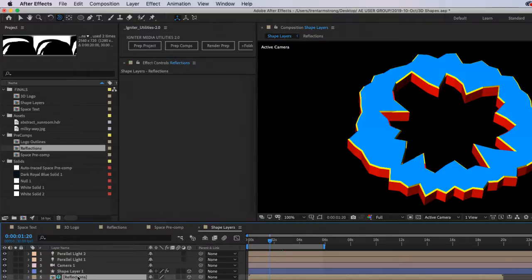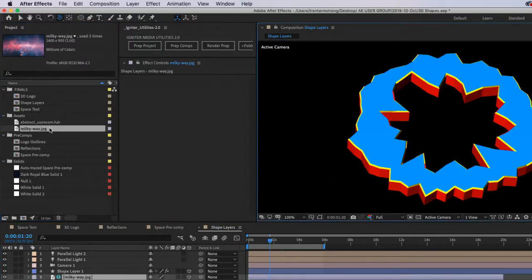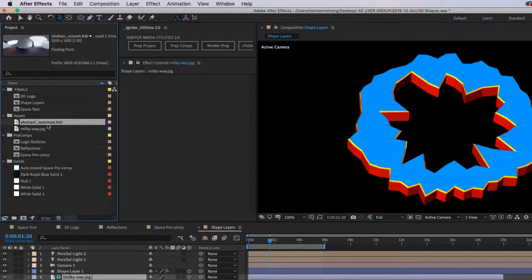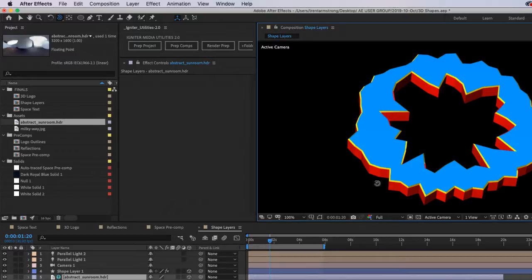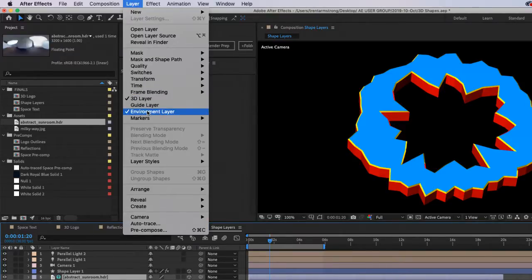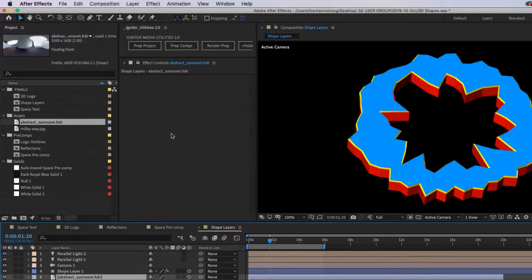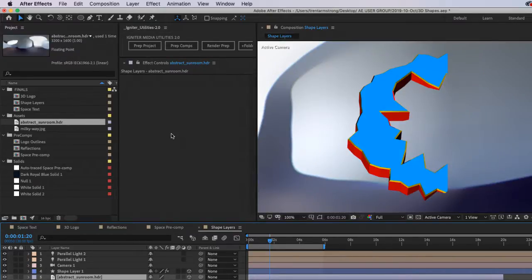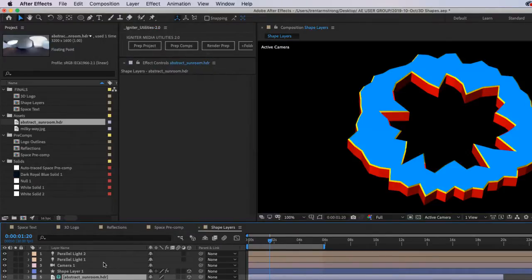But in order to get a reflection of an environment in there, let's add something else. So you can see that the reflection is changing on the bevel, but in order to get that to happen, you have to turn your layer into an environment layer. And really all it does is give you a spherical image map of whatever you put in there. Whether it's seamless or not, it'll just wrap this as the environment.